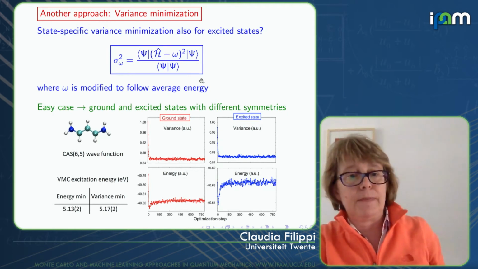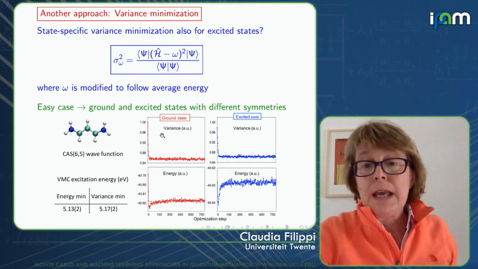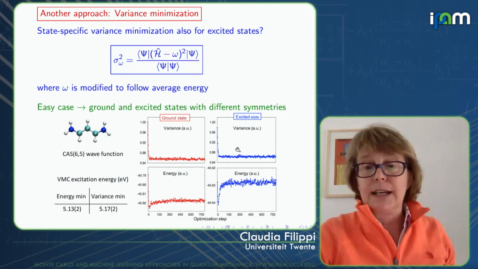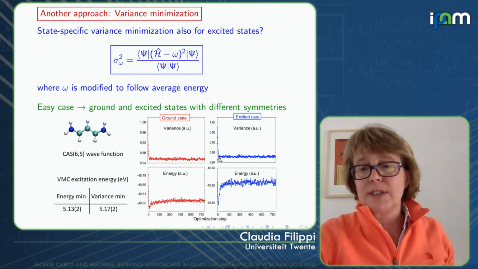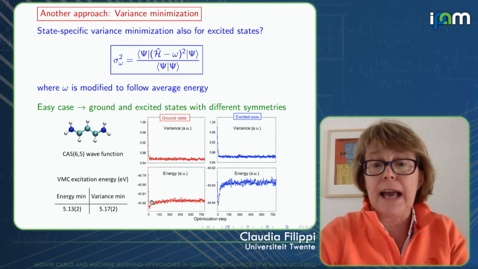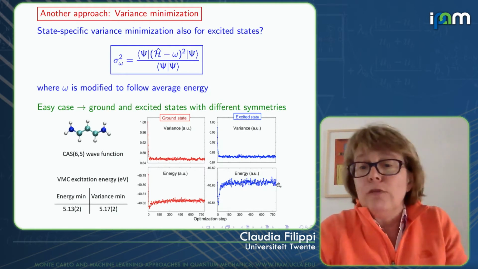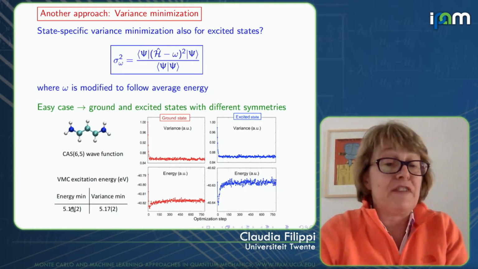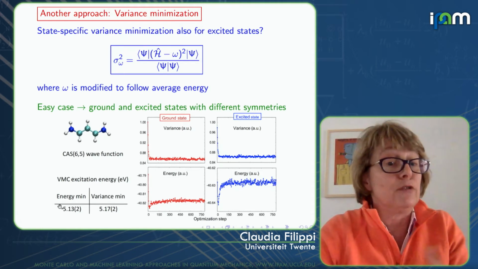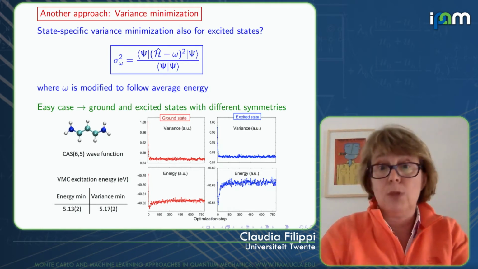You can also use different functions, which we tried, but the results I show are pretty much the same. So we can start again from our cyanide dye. Here we're optimizing the ground and the excited state. The variance goes down. You say, fine, I'm happy, I'm converged. And now I'm looking at the energy, and the energy, of course, is not the minimal energy. And it nicely converges to a value, and we find the energy and variance at the level of VMC are rather equivalent, which is good.